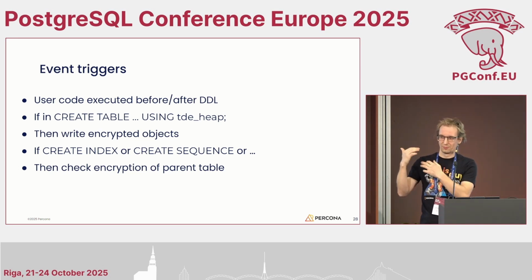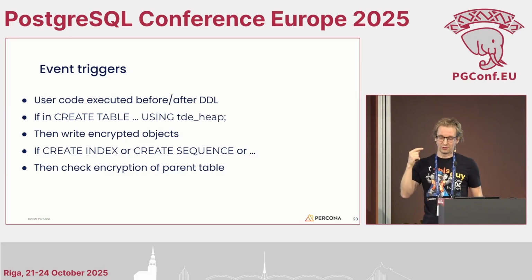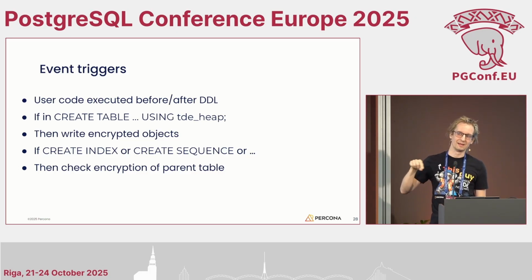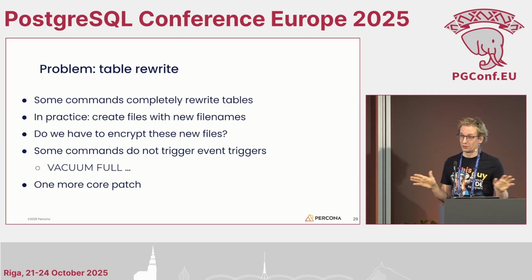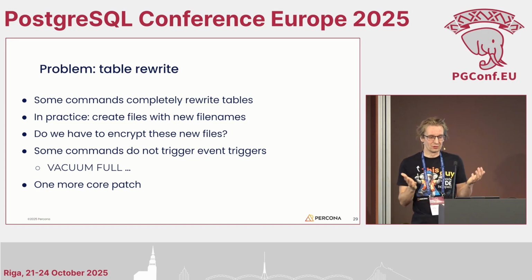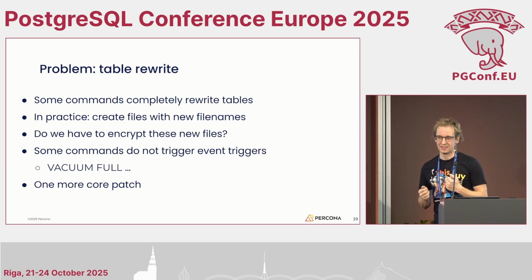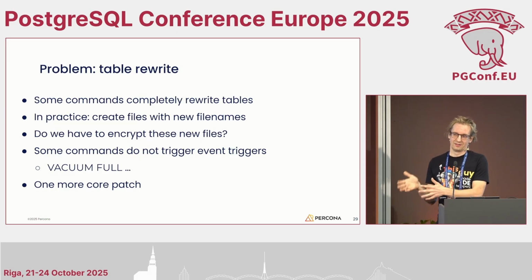And if yes, we could set some global variables inside our extension, and all the file writes happening during this statement were able to decide that they have to write encrypted data based on this. And this worked all well, but there's this problem that in Postgres, sometimes we are simply rewriting the database file. For example, if we execute an alter table that completely changes the data format, what Postgres does internally is that it creates a file with a new file name, copies all the data into the new file with the new format, and after it's done, it deletes the old file.